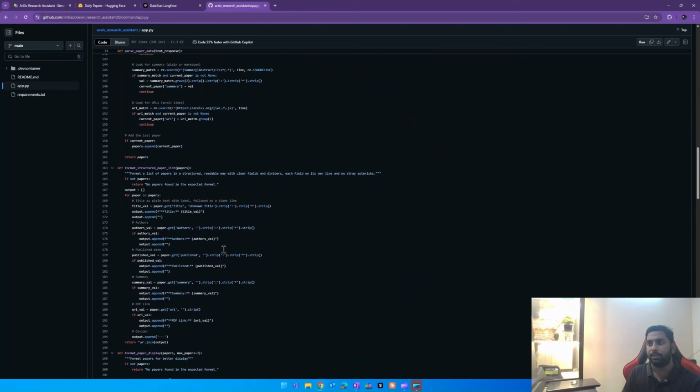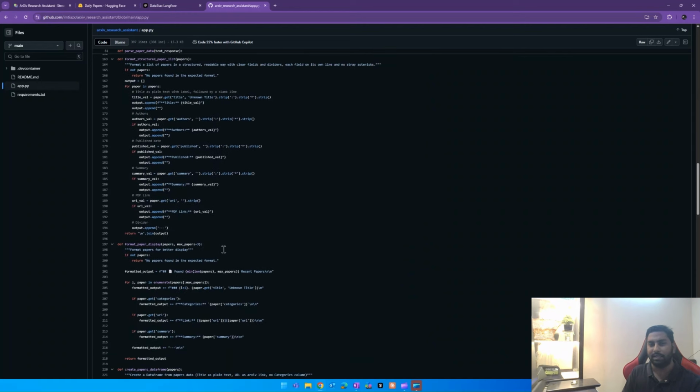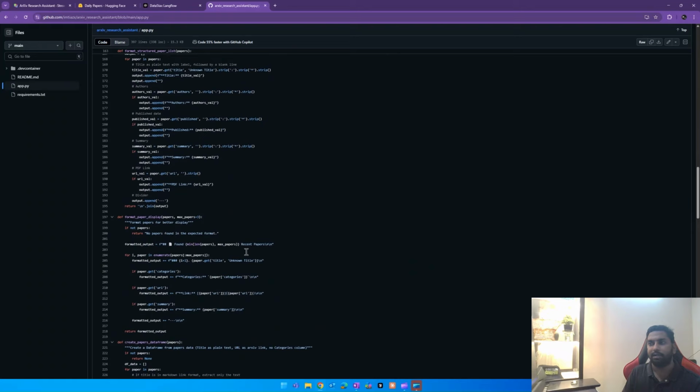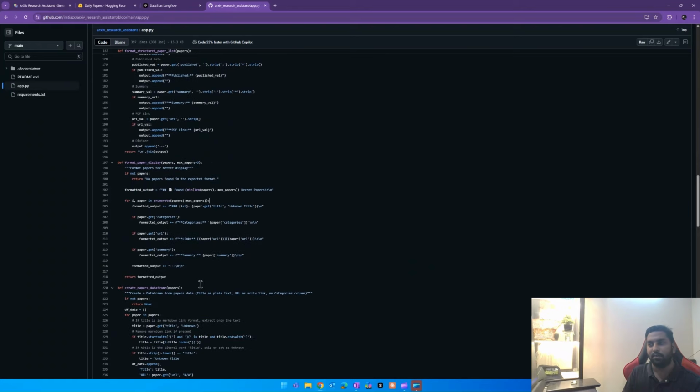Then we have something like format structured bullet list. Again, this is something to beautify the list of papers into a user-friendly format, and then we can display it. For now, I have kept it maximum 3. You can also change it, but based on my experience with the context window and all, I have kept it